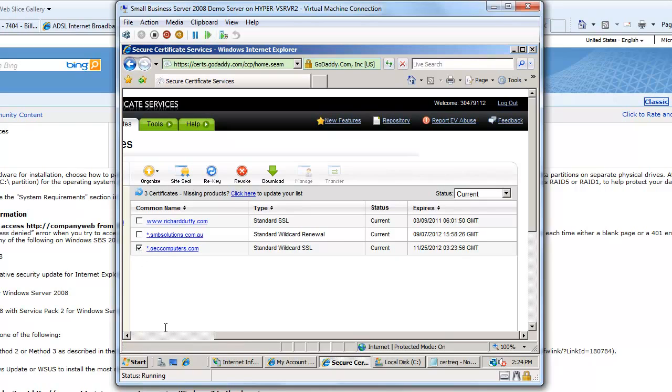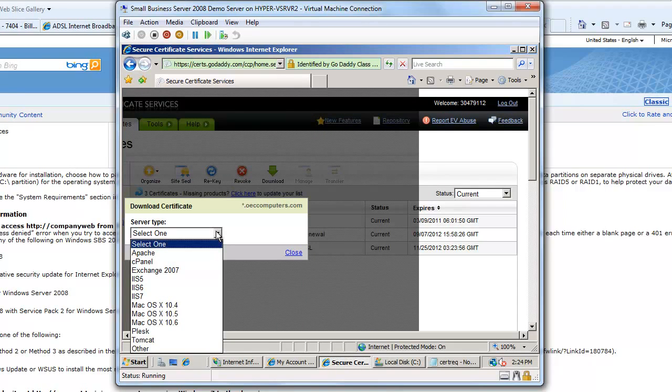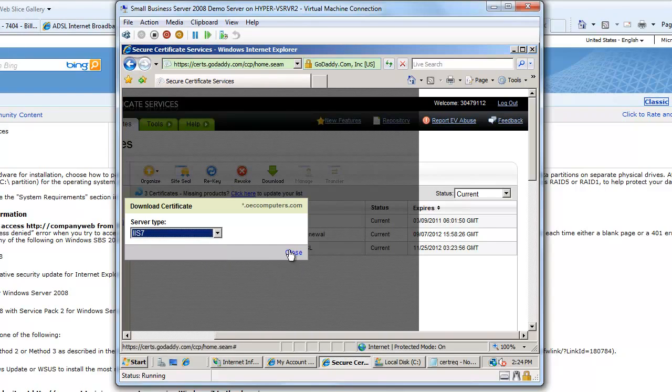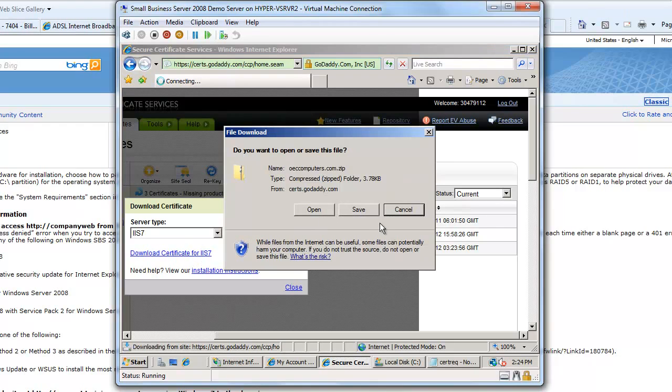So I select that certificate, and now what do I want to do? I now want to download that. So I choose download, and I'm going to say what kind of platform I'm going to download this for. This time I'm going to download it for IIS 7, but I'm also going to want to download this again later for my SAP mobility piece. I'm going to want to download it for Tomcat. But anyway, right now I'll just say IIS 7, and then I'll choose download certificate for IIS 7,